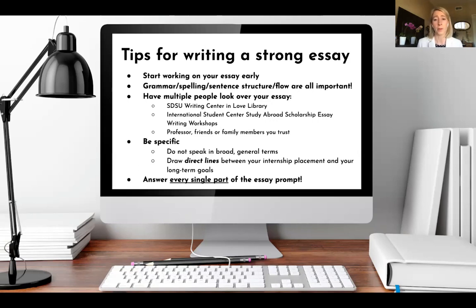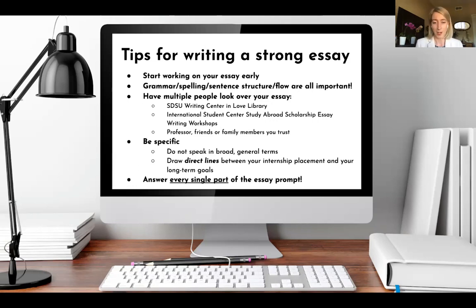So really take that time to have another set of eyes look over your essay and utilize the Writing Center so that you can submit an essay that's essentially free of grammar, spelling, and sentence structure errors. And of course, you might be able to work with professors or friends or family members that you trust to give their opinion about what you've put together.